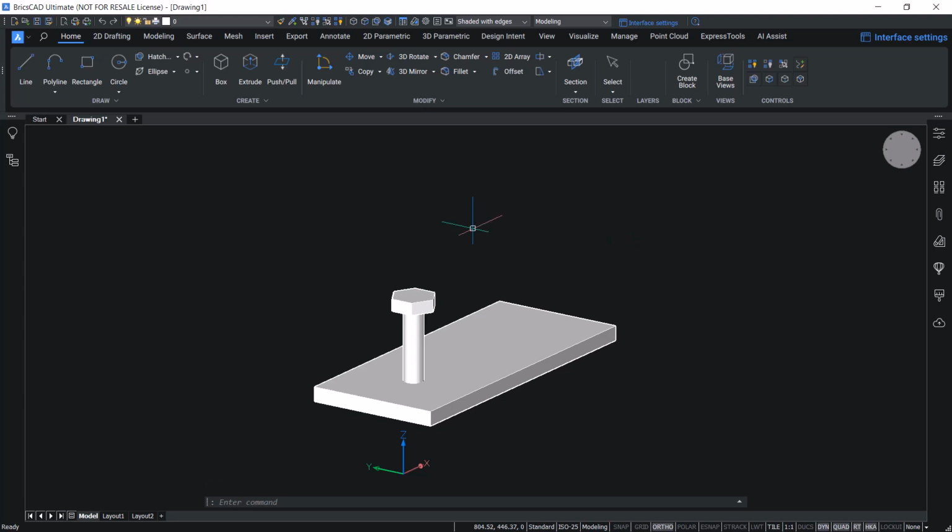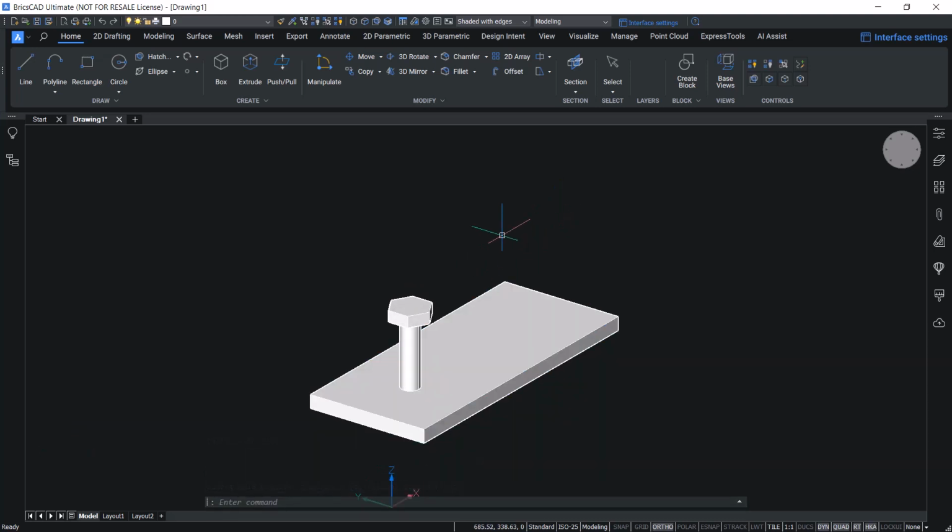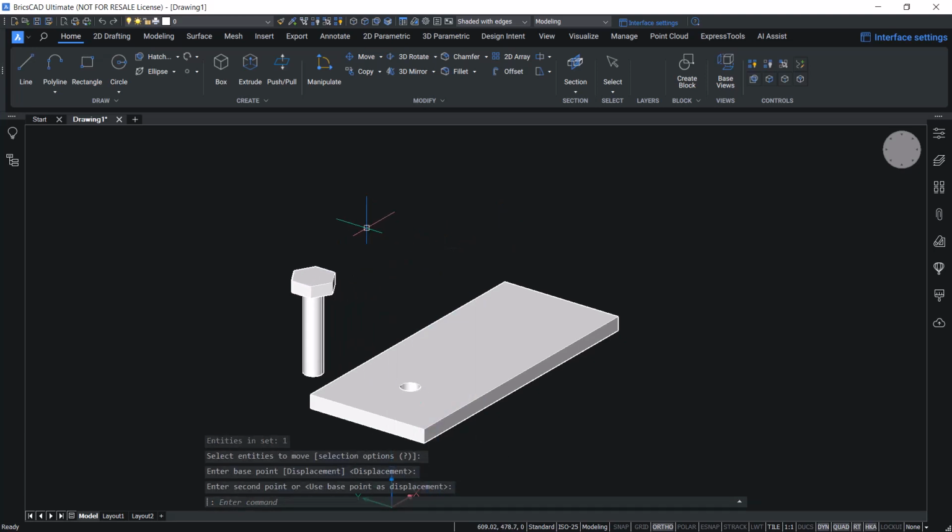Now I'll give subtract again. I'll select the first entity, give enter. Now the second entity, which is a tool entity, and give an enter. Now you can see that the tool entity is retained. Now just move the tool entity and make sure that the subtraction has taken place. Hence, the delete tool system variable keeps all the entities you are using during the subtract command.